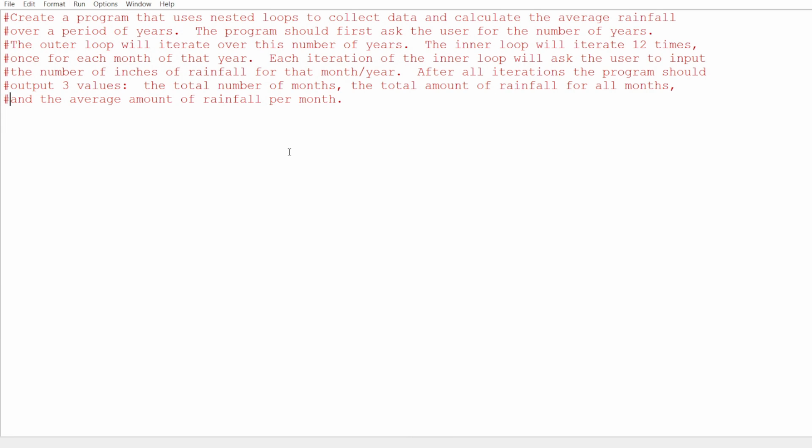Hello everybody, welcome back to another Python coding tutorial. In this Python coding practice, we're going to practice using nested for loops to calculate the average rainfall over a period of years. I have the instructions for this program typed out over here at the top of the page,